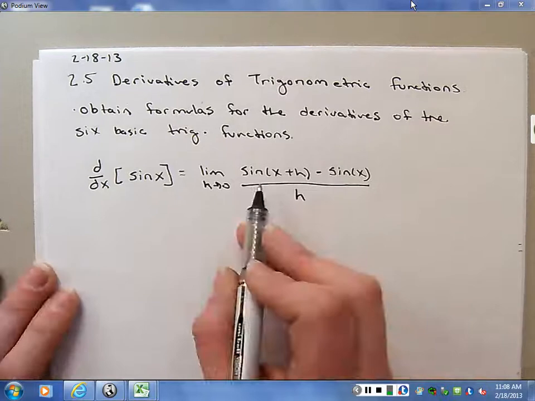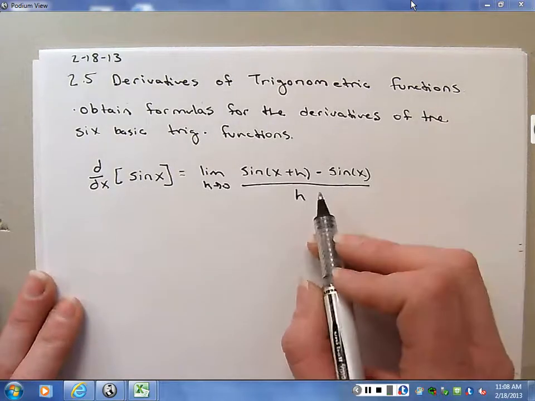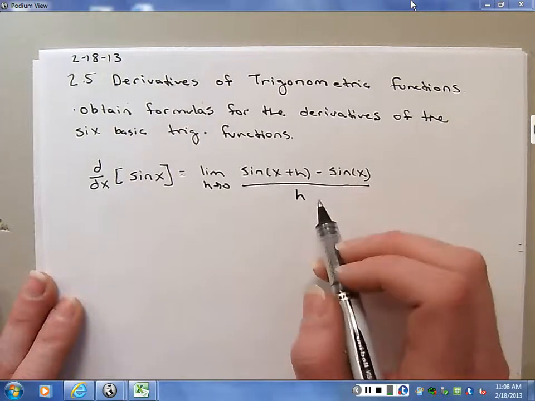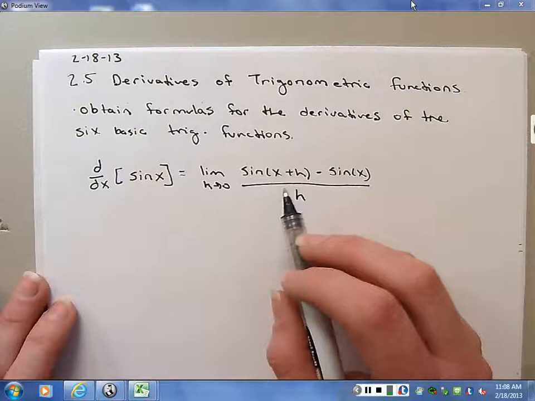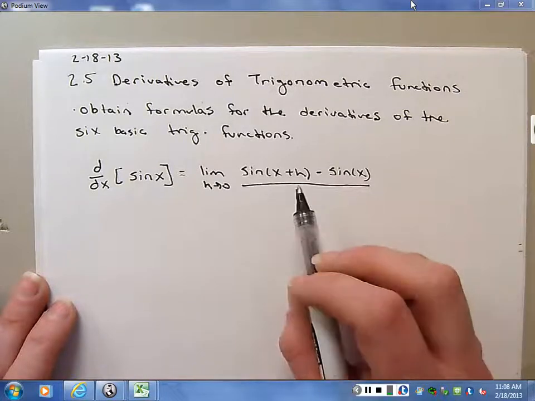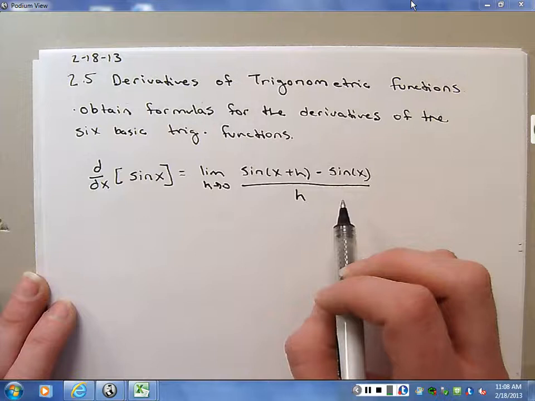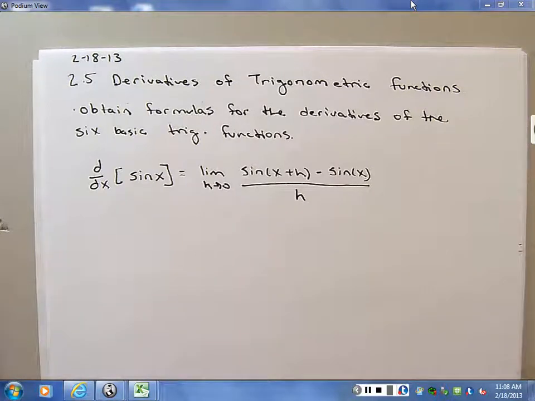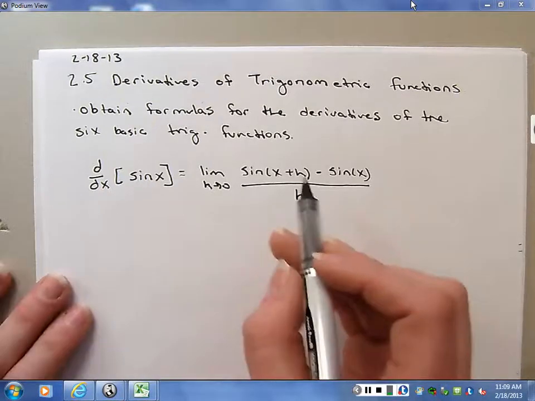So I need to simplify this expression, and I really only have sine of h over h goes, as h goes to 0, goes to 1, and cosine of x minus 1 over h goes to 0 from the squeeze theorem, right? Those are two things I have. So I need to simplify this to get it in one of those forms to cancel them out. So if you recall,